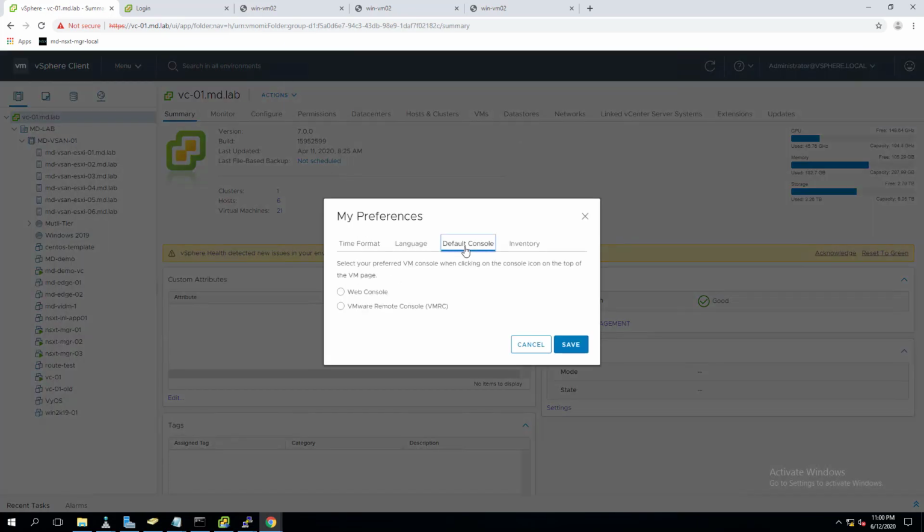Next one is default console. Whenever we open the virtual machine console, it asks whether we want to use a web console or a VMware Remote Console, VMRC. I'm setting the web console as the default one, so whenever I open the virtual machine console, it will automatically open in a web console. And the final one is